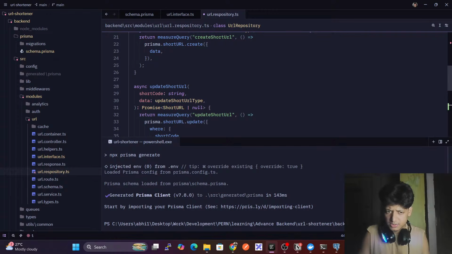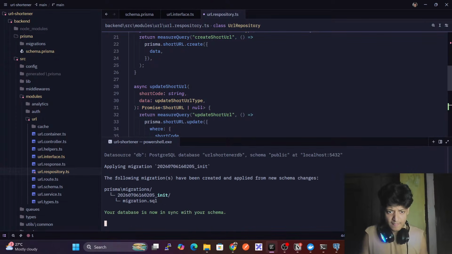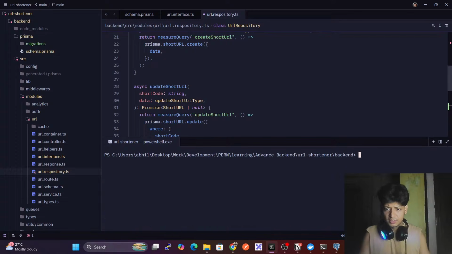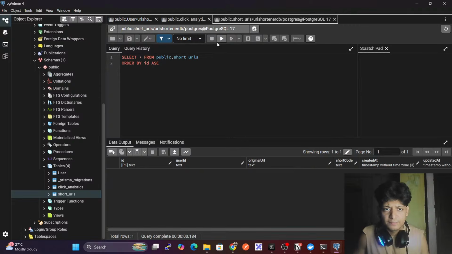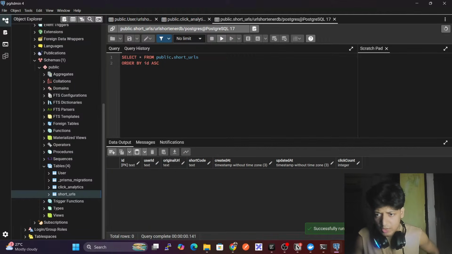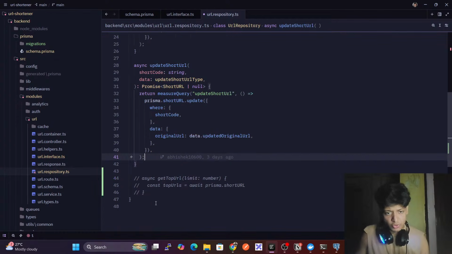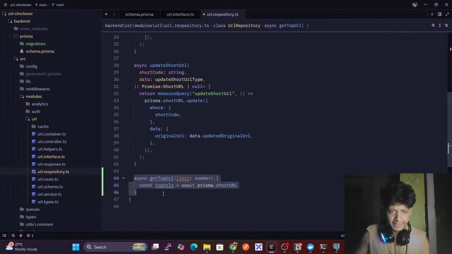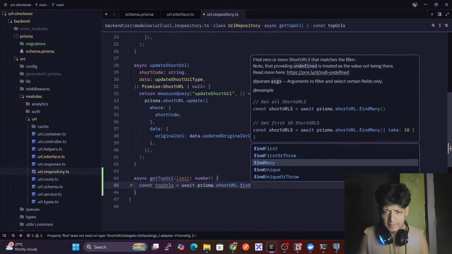We got this. npm run db migrate. Okay, fine. So if I go here and refresh, we should see click count as well, right? Yeah, we got the click count. Now we can work on this. Uncomment it here, shortURL.findMany